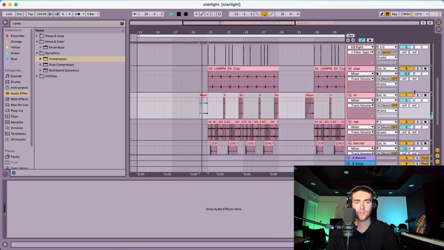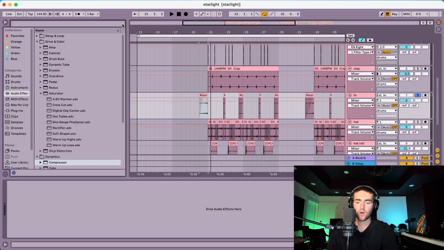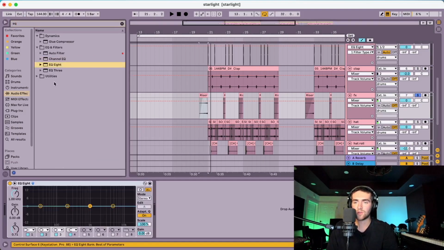Now we have this little effect riser thing. So there's really all we need from this riser is the really high frequencies. So I'm going to do a pretty aggressive cut, which we call a high pass, because we're passing the highs and we're cutting the lows. And I might just drag this band down just to give it kind of a hollow sound. Versus